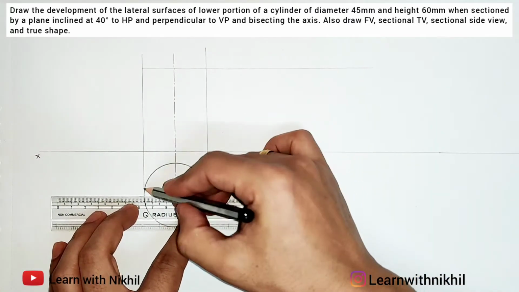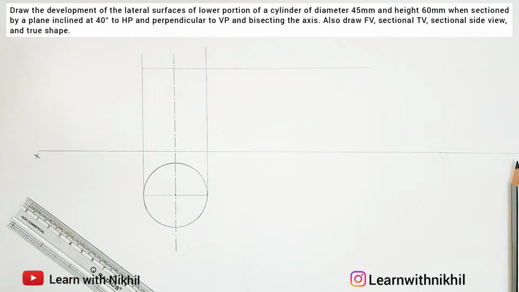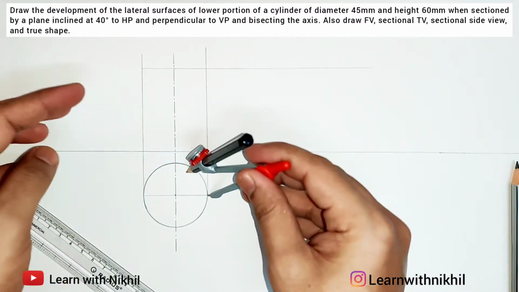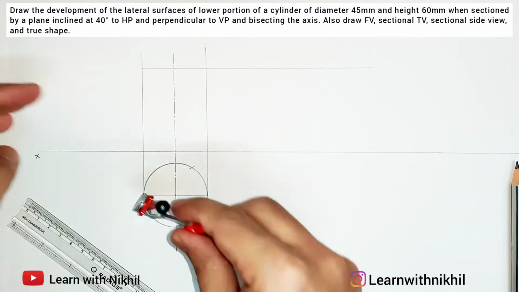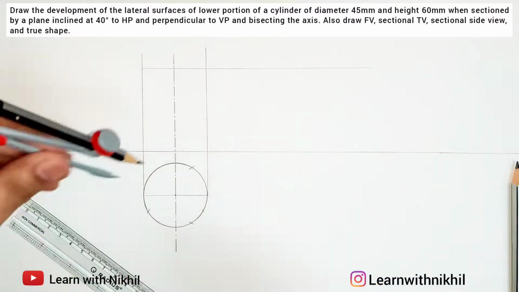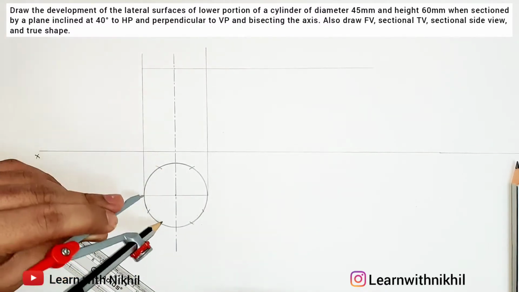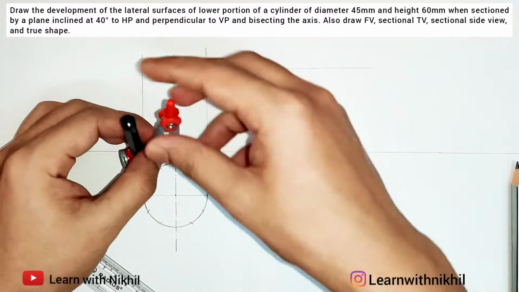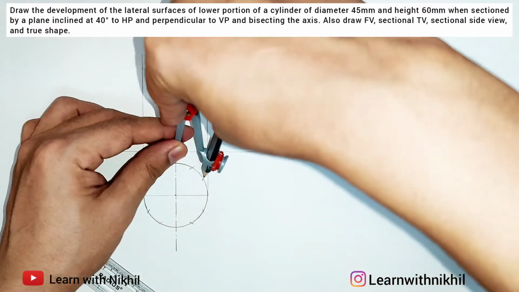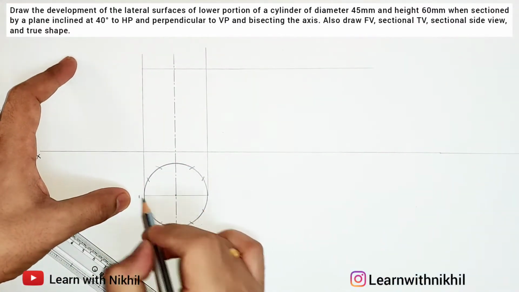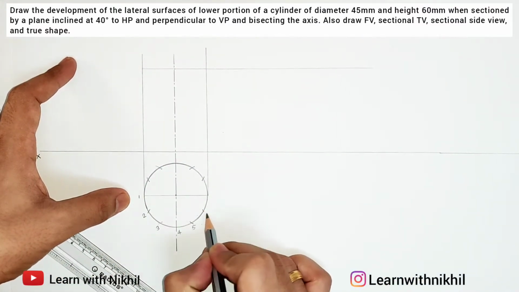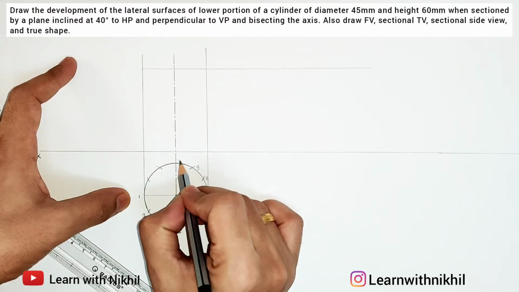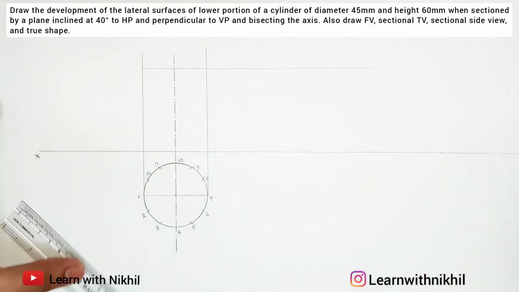Now as the circle doesn't have any sides, we need to divide the circle into equal parts. So here you can divide the circle into 6, 8, 12 equal parts. I am dividing the circle into 12 equal parts. So this is how you divide the circle. I'll give the name as 1, 2, 3, 4, 5, 6, 7, 8, 9, 10, 11 and 12.